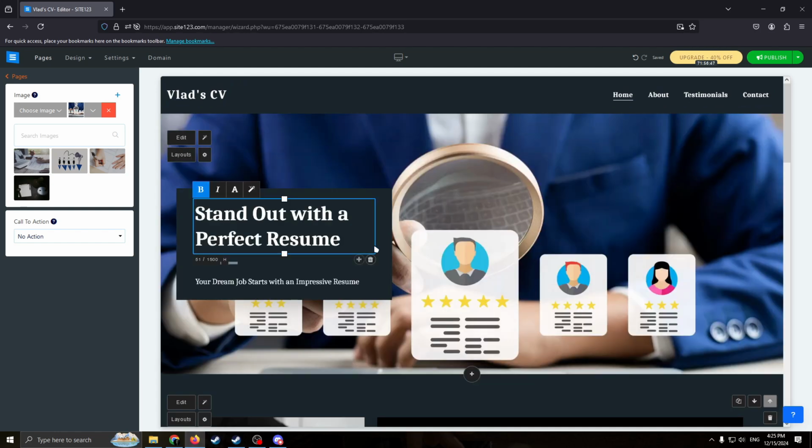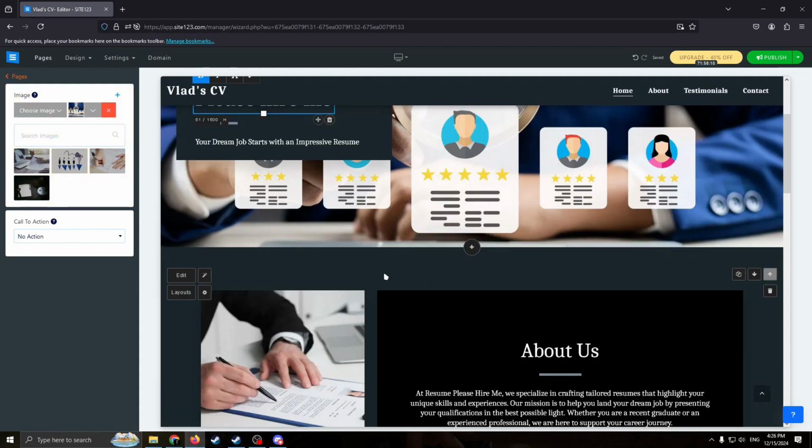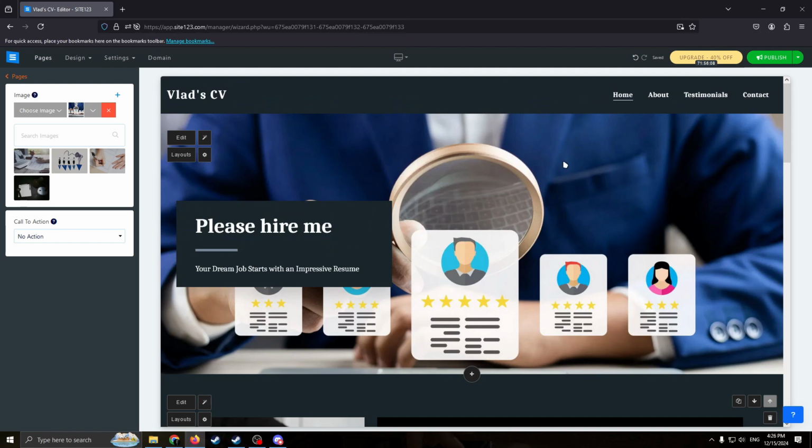So first of all, for example, if you want to edit something, the method is always the same. Just click on content you want to edit. For example, this text, select this text, and you can delete this text and write whatever you want easily. For example, please hire me. Also with any text, and for example background here, just type,